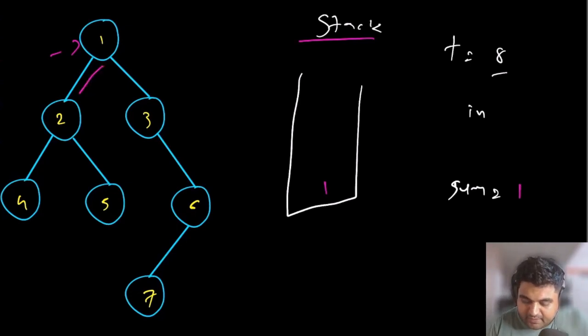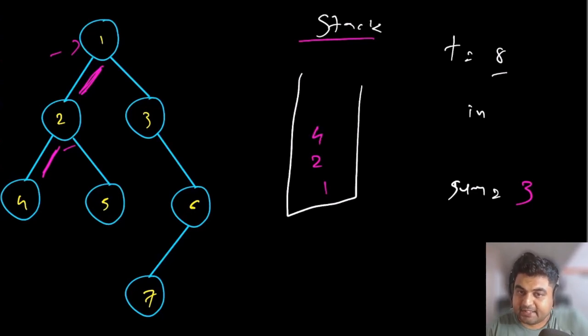Now we are moving along this path from 1 to 2. So again, from 1 to 2, we will have to add entry 2 over here. Again, the sum is going to be 2, so 1 to 2 is going to be value number 3. Now again, from this position 2, we are going to move in this direction. So now we are going to add one more entry into our stack, and that is entry number 4. So now 3 and 4, the sum is going to be 7. Again, it is not the target value of 8.